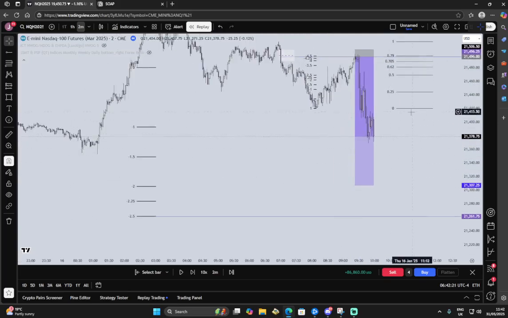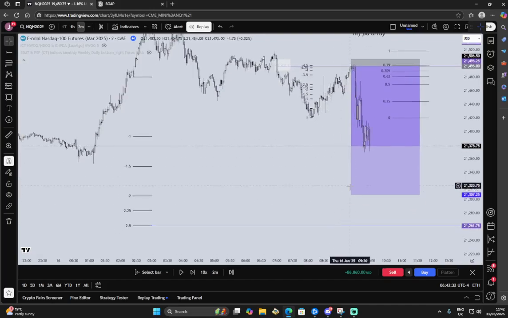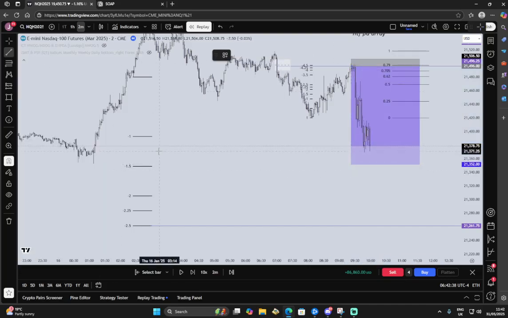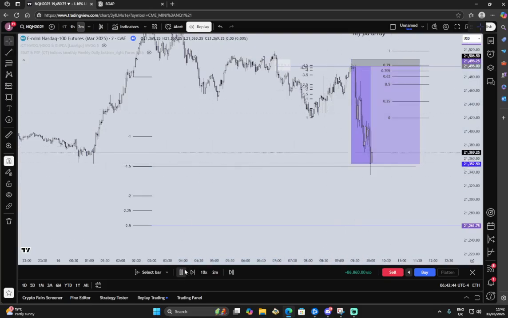I don't even know, he didn't even target the 2s. Oh no, he must have, right? Let me go check what his take profit was on my phone. It was 352. So he targeted the 1.5, okay? Or a bit above, obviously. Simple. This was not just the 1.5, it was this liquidity here, which is probably why he targeted